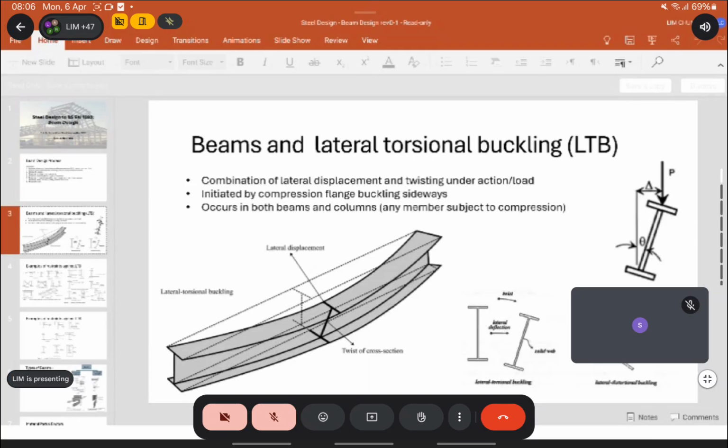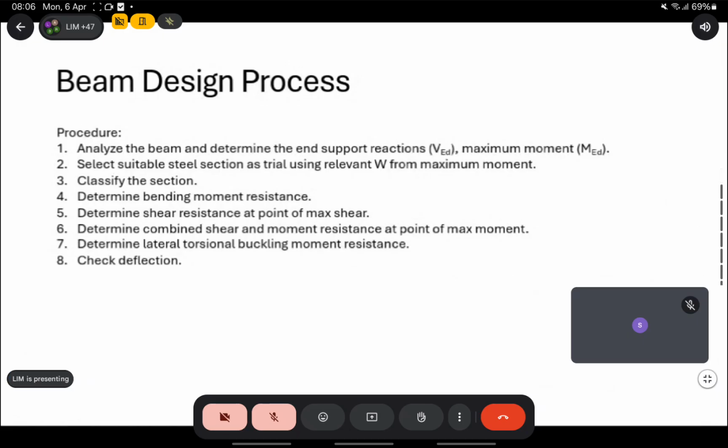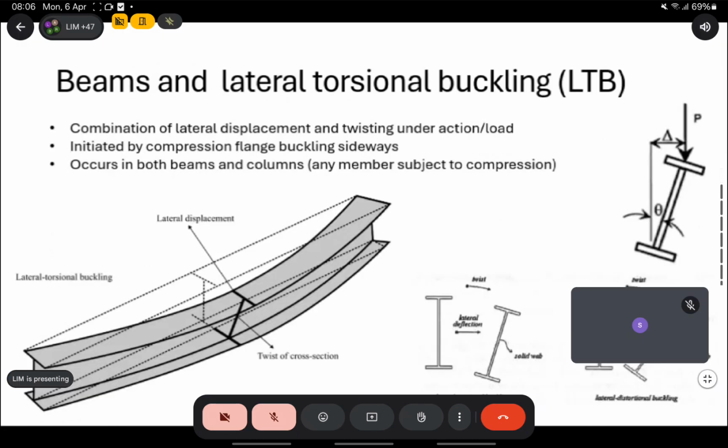Let me make it bigger. Yeah, make it bigger. All right. Okay. Oops. Okay. So, lateral torsional buckling is,